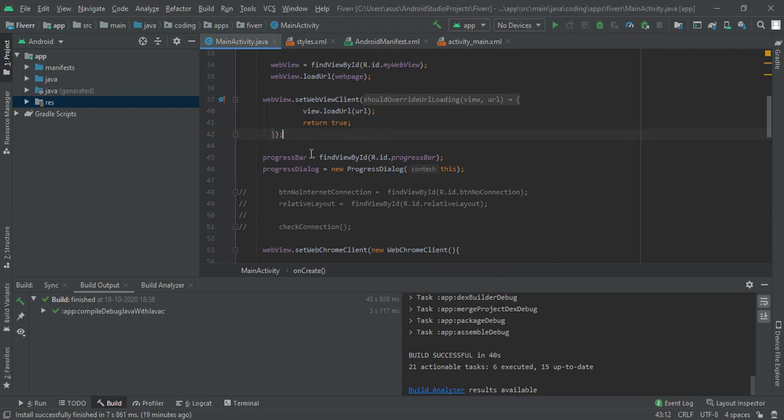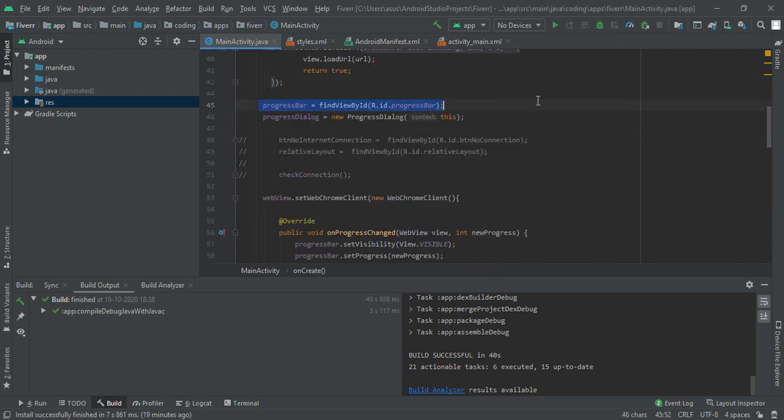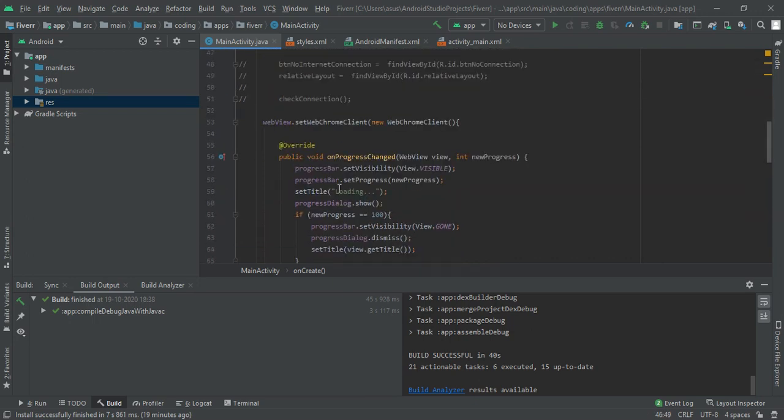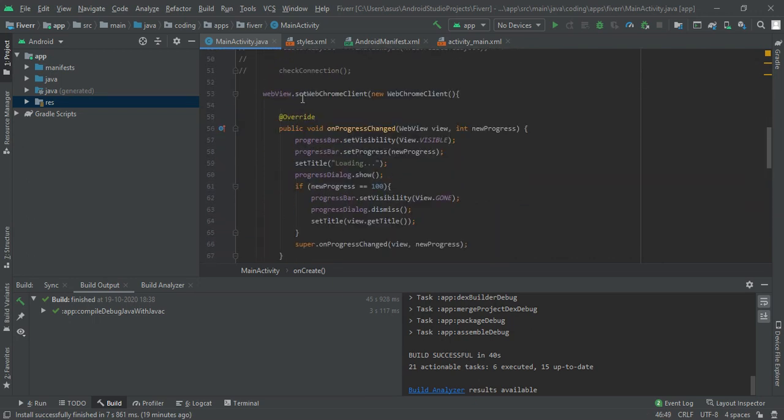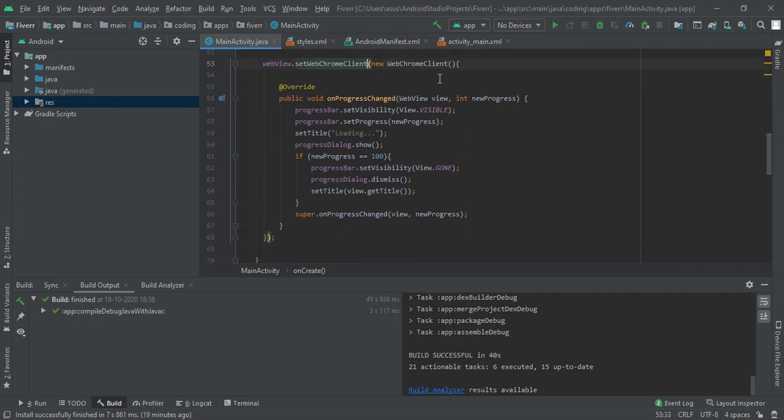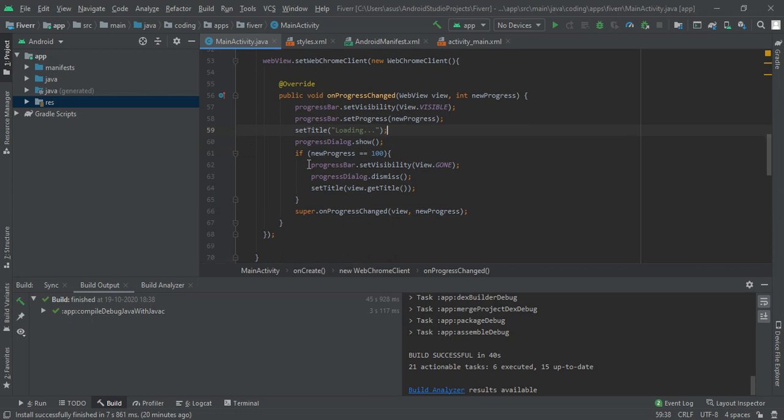After that we had also cast our progress bar and created the new progress dialog. Then we had implemented a web chrome client, and in that we had set the visibilities and progress, and set our title to loading. So when our page loads, we had dismissed our progress bar and progress dialog.